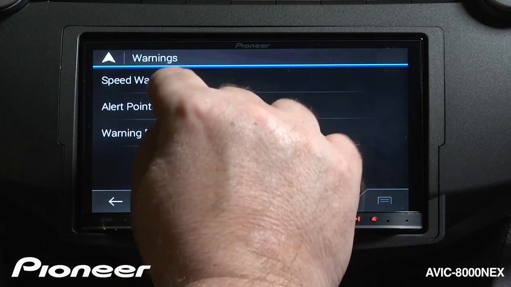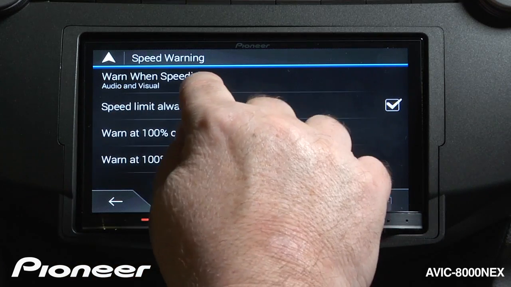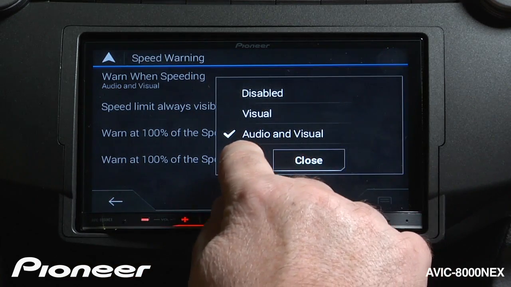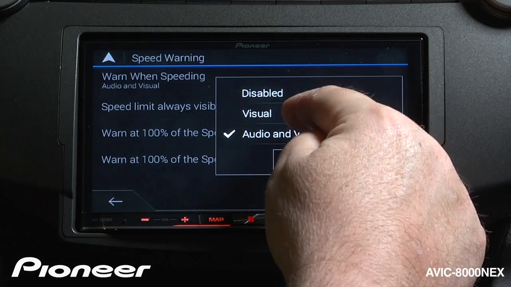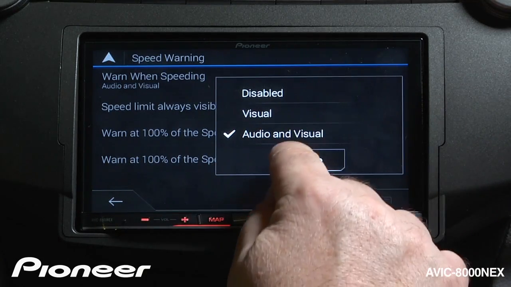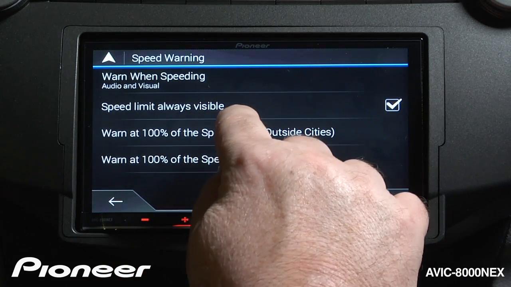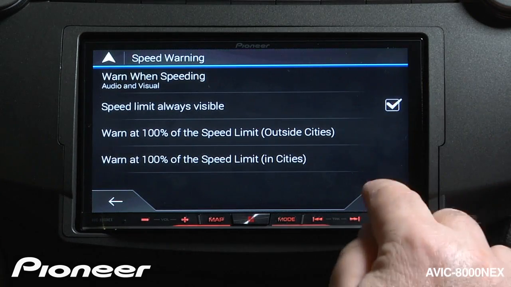Here is the speed warning, and this is one that I find very interesting. We can have a warning. The system will give us a warning when we've gone over the speed limit if you want to. We can both have a visual and an audio warning if you want to have those. You can make it just visual, or you can disable that completely right here. The speed limit is always on the screen when you're driving. We can switch that on or off right here if you don't want to have the speed limit sign on